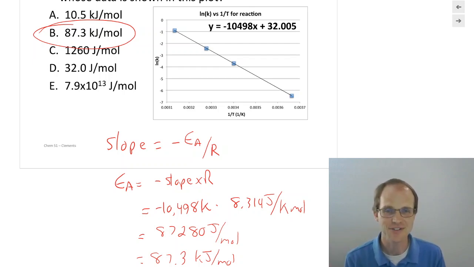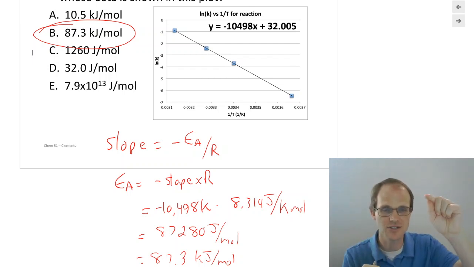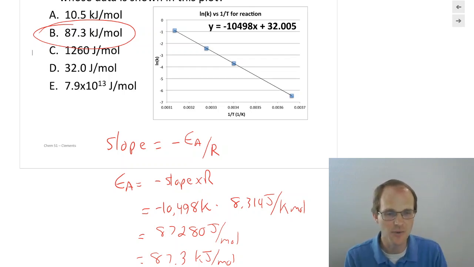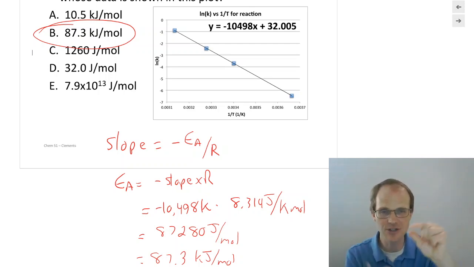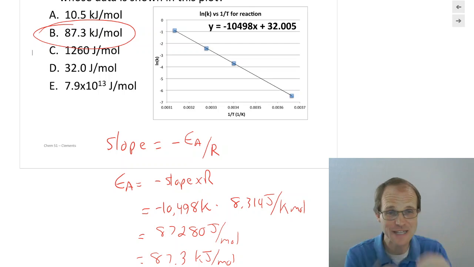The activation energy tells us the energy from the reactants up to this transition state. We don't see the transition state. We don't see what the molecules are doing, how they're reacting, how they're falling apart. We just see, did something happen? Did something not happen? Oh, look, we made this new product. But just by knowing some rate constants, we're able to actually figure out the energy of this transition state, the energy of this molecule when it's right in the middle of reacting.